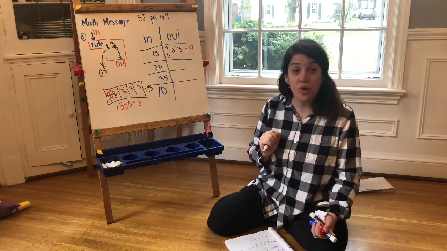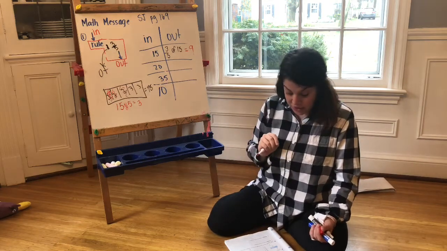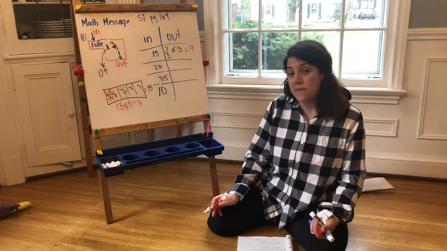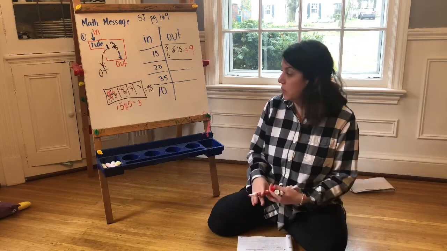Okay, let's go on to 20 here. Okay, so on problem number 1, we said 1/5 of 20 is 4. Okay, so